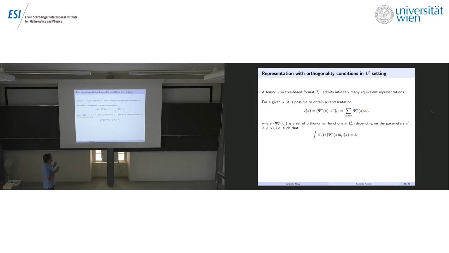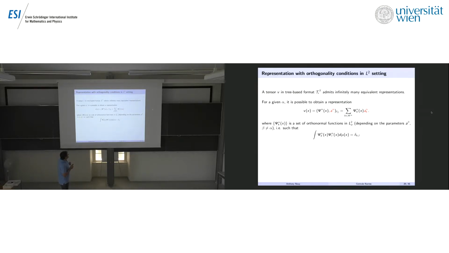Any function in this format has many equivalent representations. You see this multilinearity of the format is such that you can rescale your different parameters A alpha in such a way that you don't change the function V you represent, okay? And there is a way to change the representation of a function